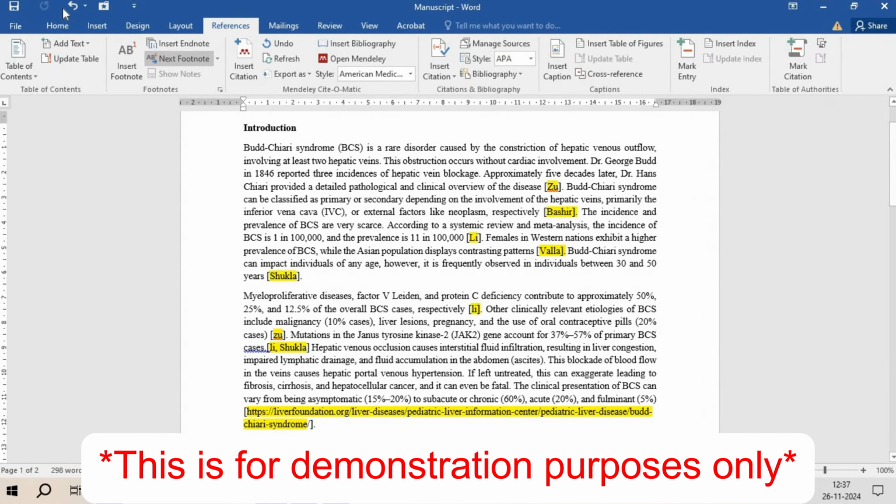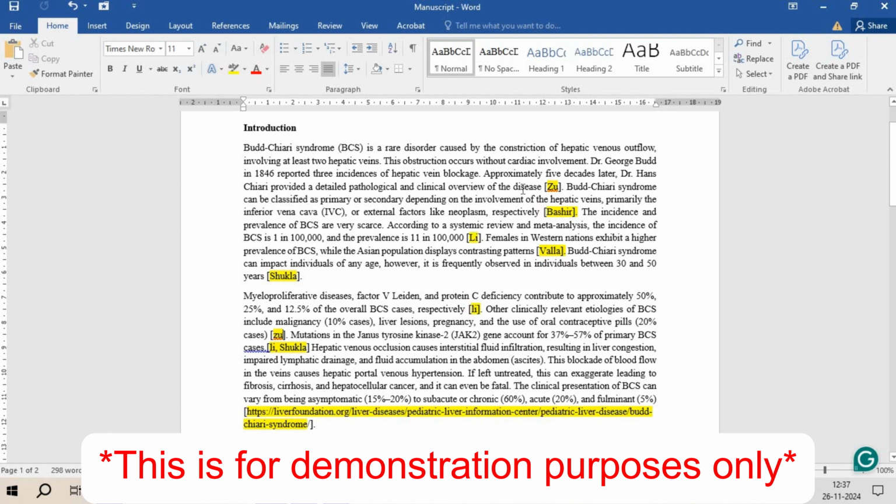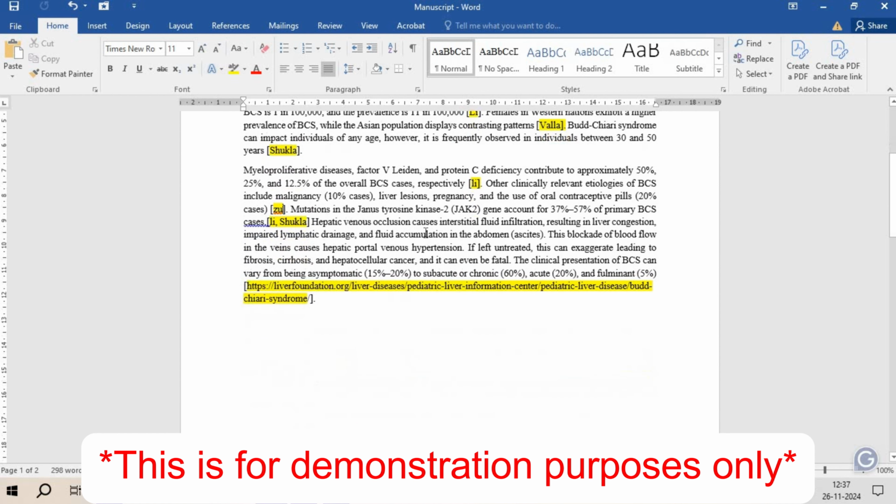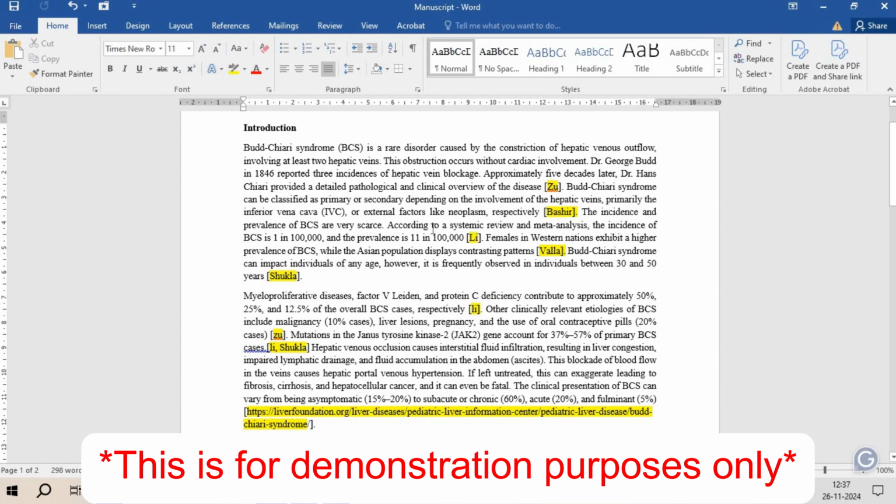So what I generally do is, I write my entire manuscript. I add the last name of the first author into brackets and I highlight it wherever I want to add those citations. So I follow a similar approach to all my manuscripts. I make sure to do referencing at the end once I finalize the entire manuscript, once I finalize the journal that I want to submit to, and I have also read through all the requirements that the journal needs in terms of how many references are required, what is the citation style that they need, and every other thing.